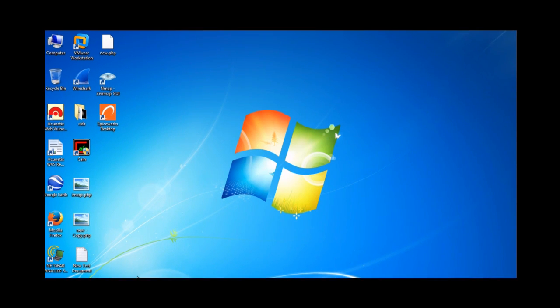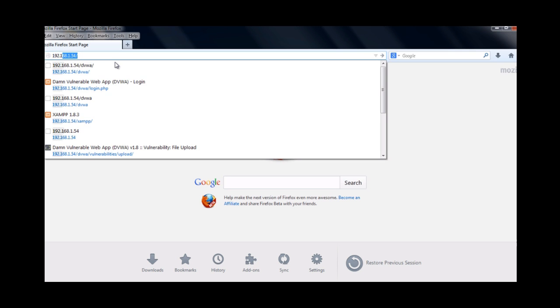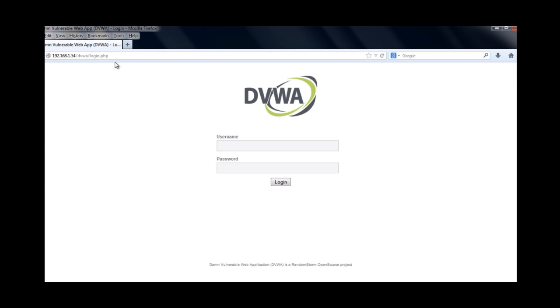In this demonstration, we shall be seeing how we can inject various files into a web server in order to compromise it. For this demonstration, I have set up a local web application where we can test this concept. This is the URL for that application. Just type in the URL and we gain access to the login.